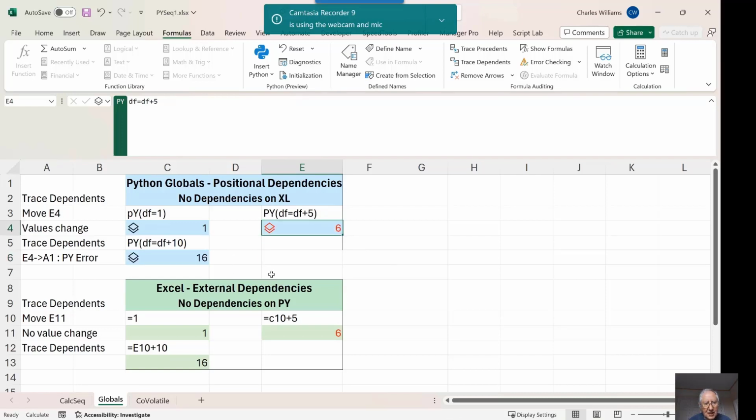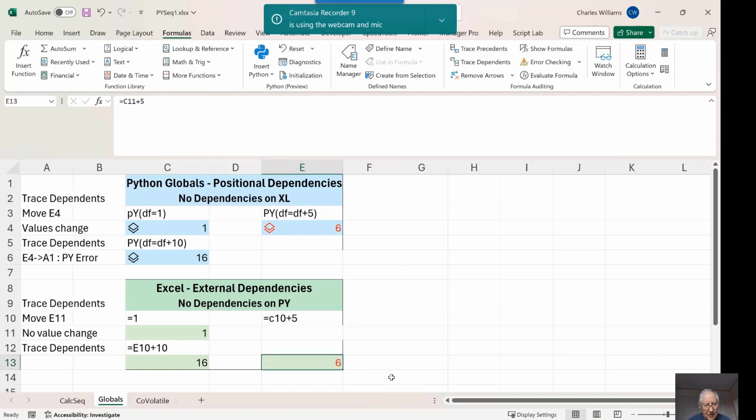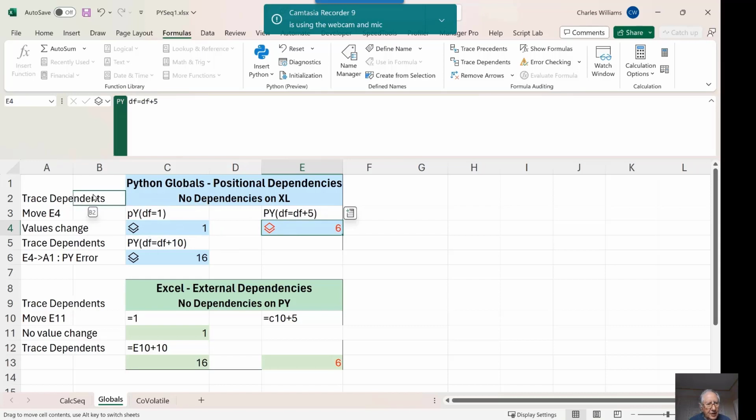The values change again. On the other hand, when we move the Excel cell in the same way, the values don't change because it's internal dependency. Excel is tracking its dependencies and calculating in dependency calculation sequence. And of course, if we move this one to up here,